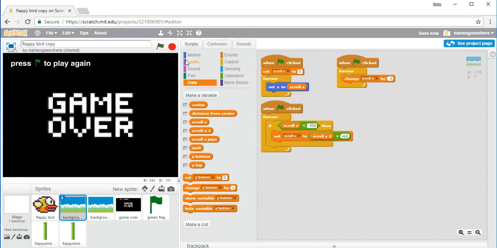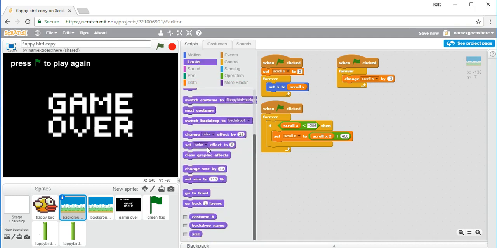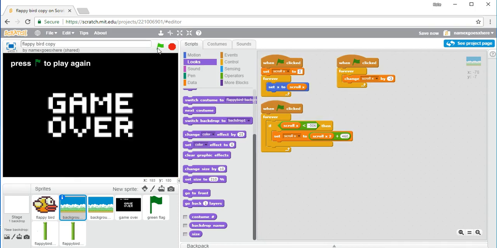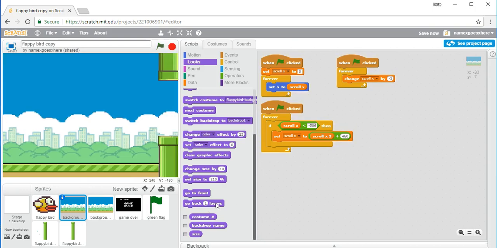Sorry, this is taking a while. I just messed up something. Go back a bunch of layers. Here. There. Maybe that'll work. Still not working. Sorry, I need to fix this. This is just a small problem that you might run into. Oh gosh, it's taking a while. There. Okay. If ever something like this happens,